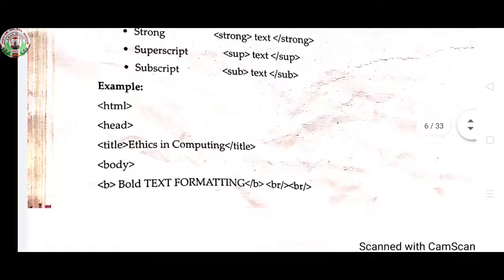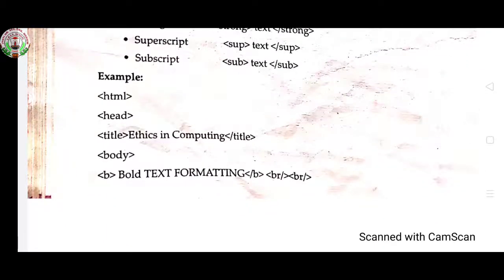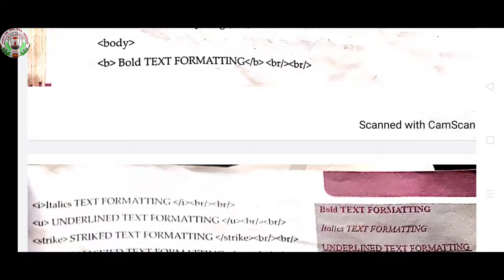Here is an example: HTML, head, title, body, bold text formatting, close B tag, then BR two times, then I for italic, B for bold, I for italic, then close the I tag, then close B again, and BR for a line break. If you give two, it means there is a gap between one text and the second text.